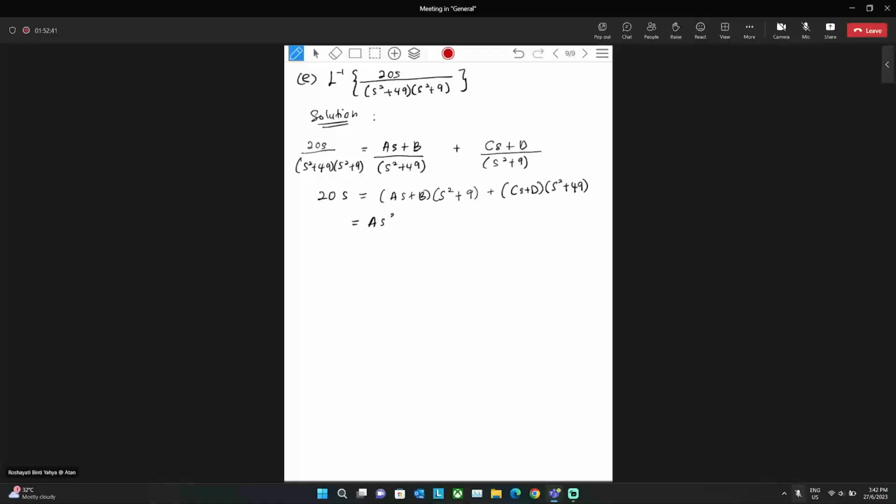As to the power of 3 plus Bs squared plus 9As plus 9B plus Cs cubed plus Ds squared plus 49Cs plus 49D equal to